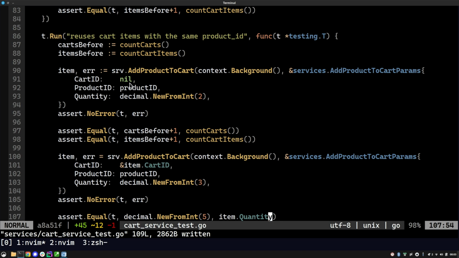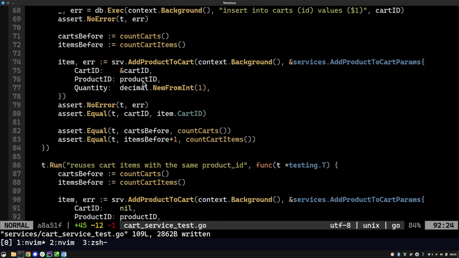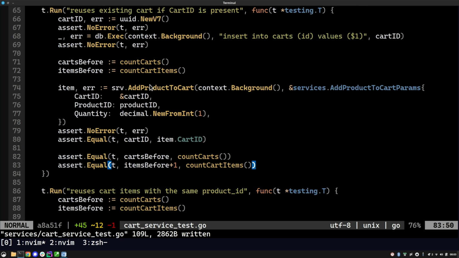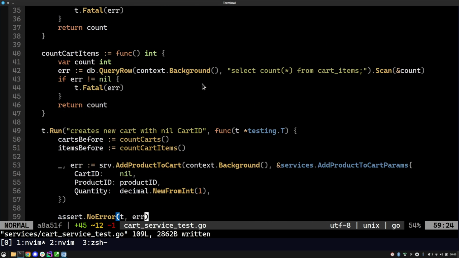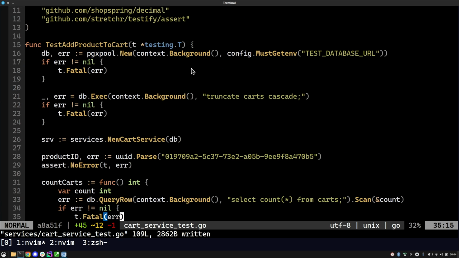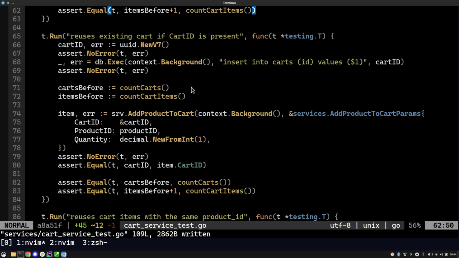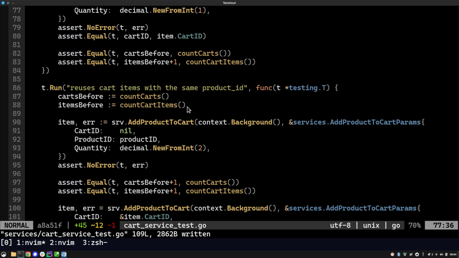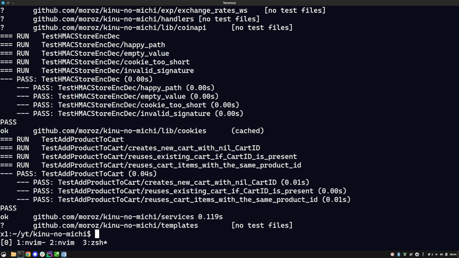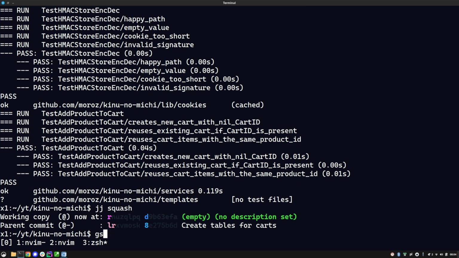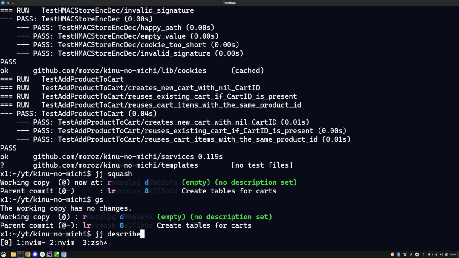Okay, you know, there are still a few cases that we should handle. We should handle checking if it's going to error out if we pass a non-existent cart ID, or if we pass a non-existent product ID, but these are mostly handled by the database using foreign keys. So I'm pretty sure they will error out, and the video is just too long for now. I'm going to commit, and I'm going to describe the